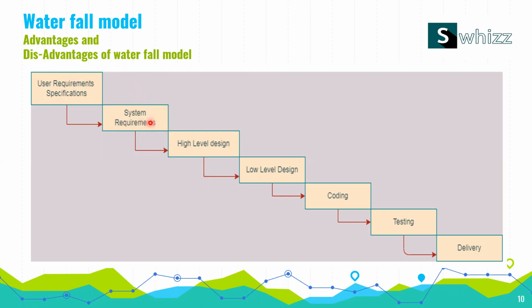After system requirements, this will be used by the system architect to prepare the high level design. After preparing the high level, he will split that high level into low level. So to make it easy for the developer to implement the business logic, this low level design will help. Later the developers will implement